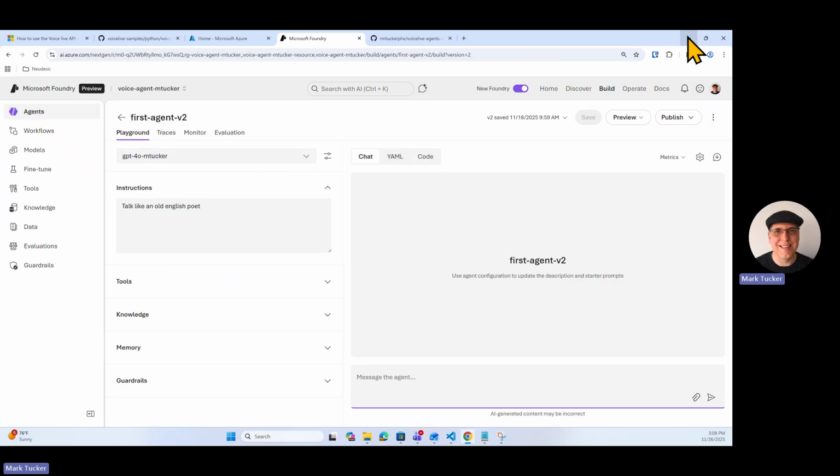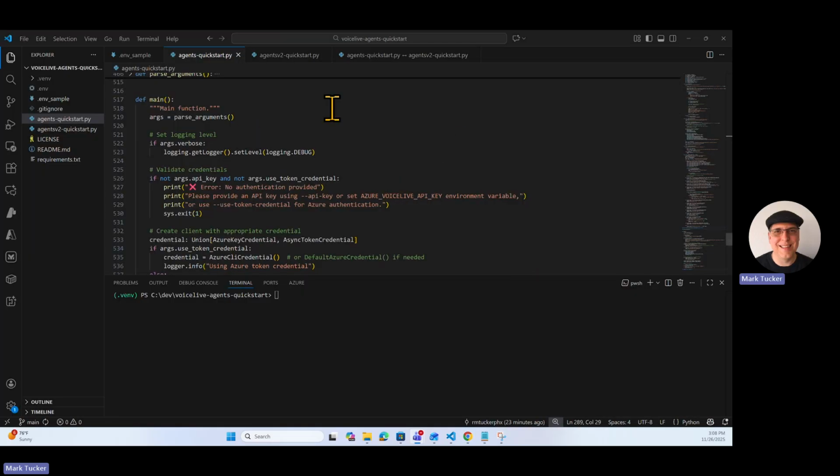Let's go ahead and go to code here. So here's the project, just down here on my local machine. You'll notice that there's an agent's quick start. This is connecting to a version 1 agent. It's very close to the example. In fact, I think it's exactly the example that they used. This one has been updated to work with Agents V2